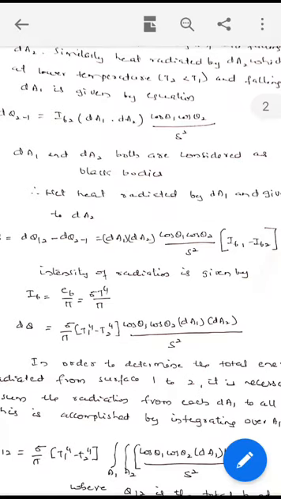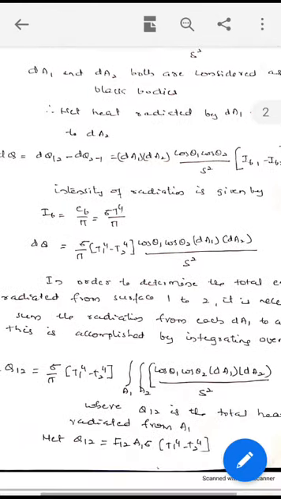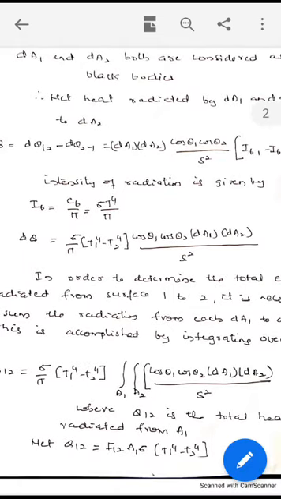Now, you already derived an expression: what is E? E equals IB into pi. E is the emissive power, equal to pi times the intensity of radiation. So IB equals E by pi. That has been derived in the last class. So putting IB equal to EB by pi, what is EB? The emissive power of a black body equals sigma T raised to 4 by the Stefan-Boltzmann law. Then dQ, the small amount of heat energy exchanged between 1 and 2, is equal to sigma by pi times T1 raised to 4 minus T2 raised to 4, times cos theta 1 cos theta 2 dA1 dA2 by S square.